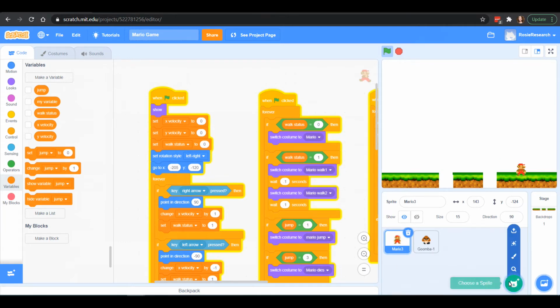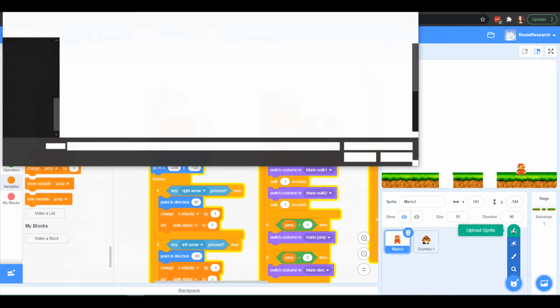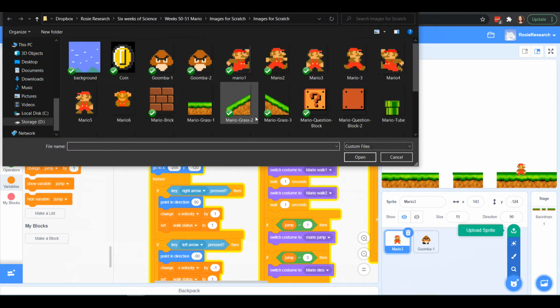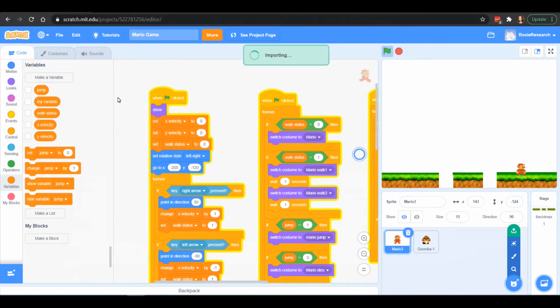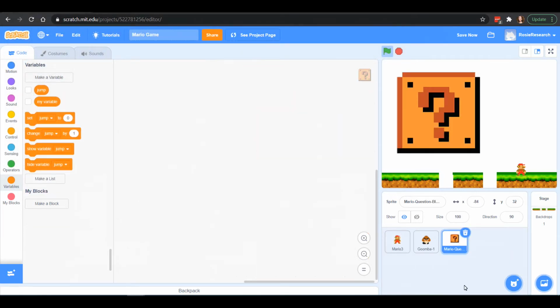And the first thing we're going to do is upload a new sprite. This should be sort of familiar at this point, but you're going to go down to this blue circle and click upload. If you're a patron of ours, you will have this file with all of the goodies of the different things that you'll need in this program. And if you're not, you should come check us out at